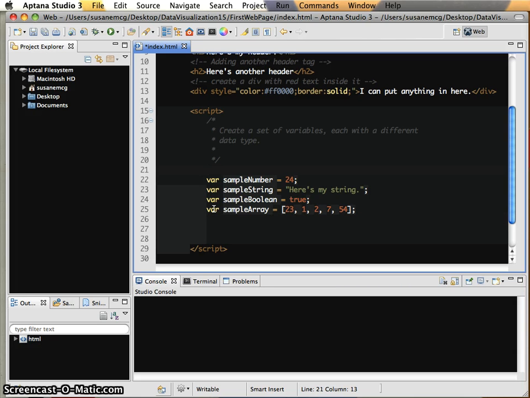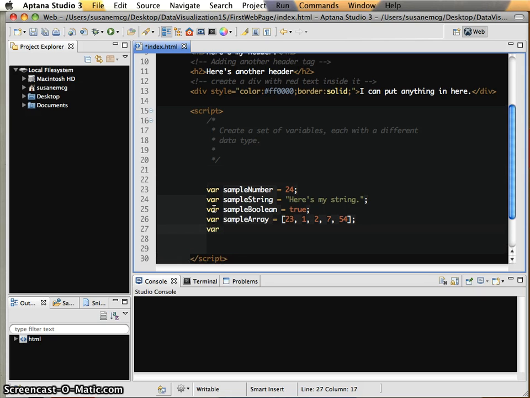Now, the last thing we can look at is sample object, okay? And so an object is going to be denoted by curly braces, right? So when you see curly braces, object, right? Square brackets, array. Double quotes, string. Right? So very simple little punctuation ways to understand what you're looking at. Now in the object is where we're going to see